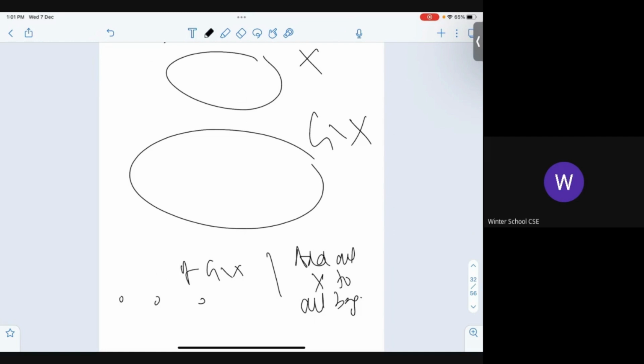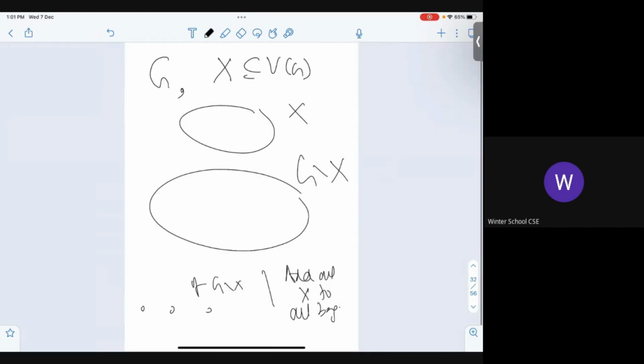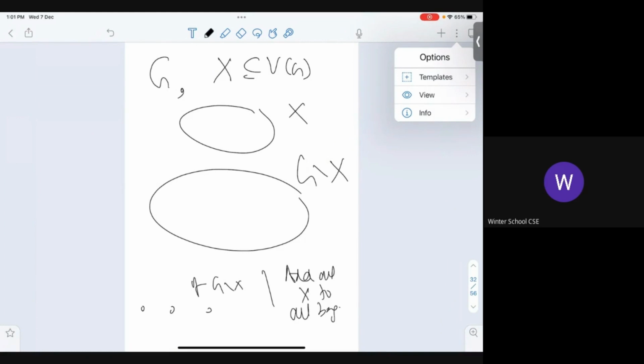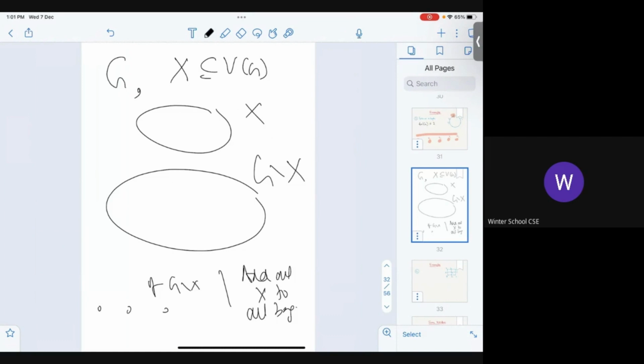If I can get to my simple graph by deletion of a small number of vertices, I'm still close to being simple, which also makes sense, right? So in that sense, I could have also defined it with respect to edges: you take both endpoints of these edges and add them everywhere. So this also implies, so I can say,